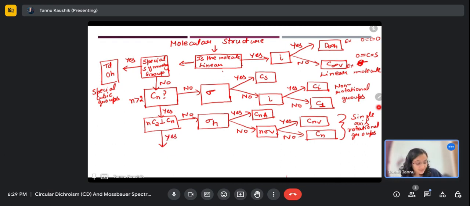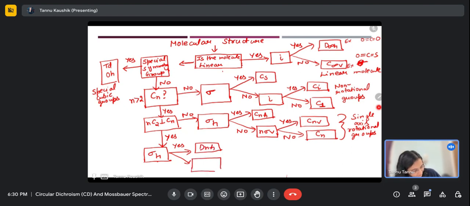What if we have nC2 perpendicular to the principal axis? So again, here we will be asking these questions: whether the molecule has sigma h, that is, a horizontal plane perpendicular to the principal axis. If yes, then the molecule will belong to Dnh point group. And if not, then